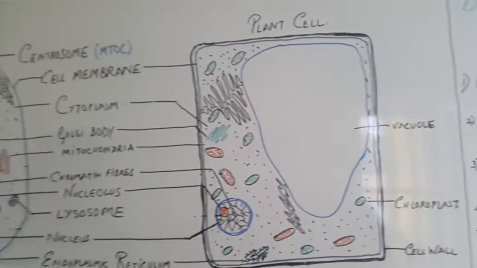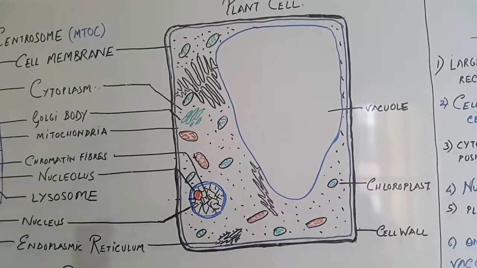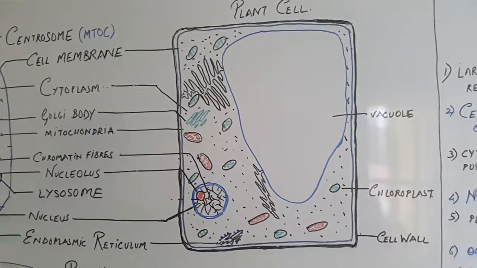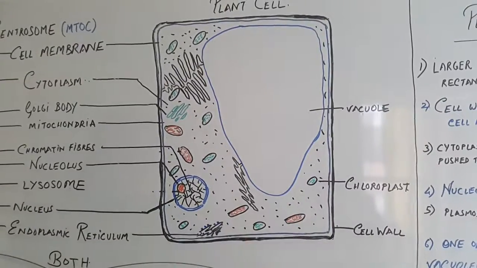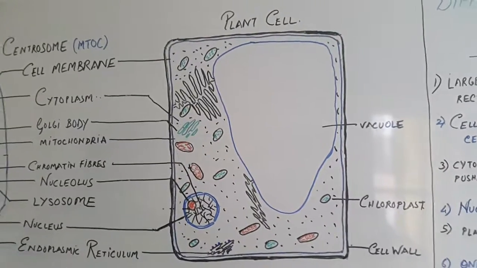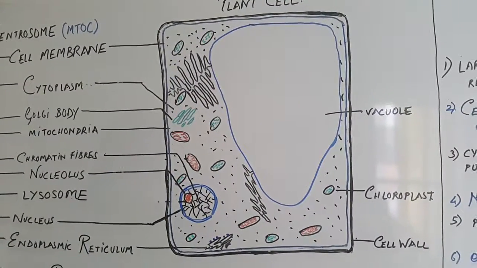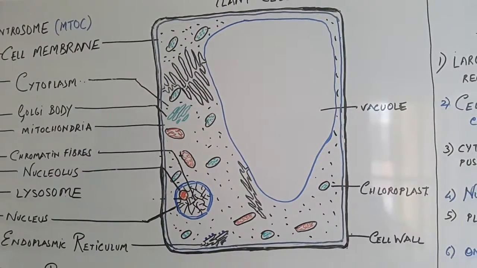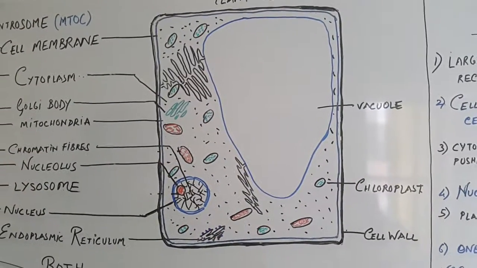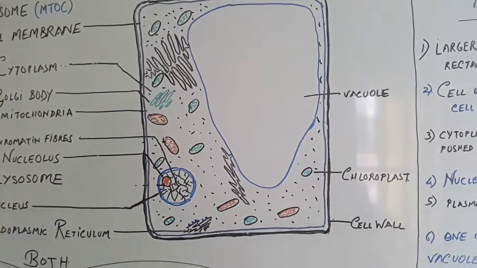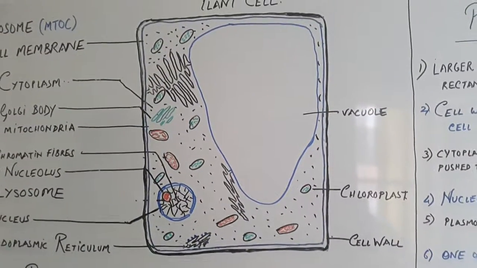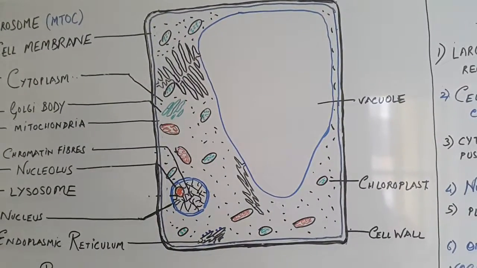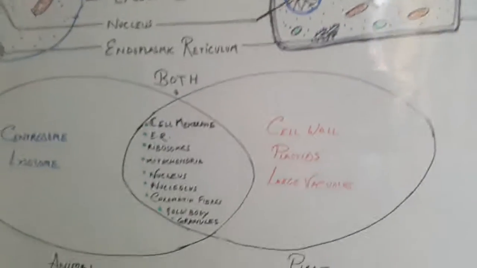The main difference between the animal cell and the plant cell is that it will have a cell wall made up of cellulose, and basically it will give rigidity to the plant cell. Apart from the cell wall, it has a big vacuole which takes up most of the place in the plant. It may have one or more than one vacuole, and because of the big vacuole you can see that the cytoplasm as well as the nucleus, they are all shifted towards the periphery. Then you have the plastids in the plant, the chromoplasts, the chloroplasts and the leucoplasts. The chloroplasts are most common, which have the pigment chlorophyll in them, which will trap the sunlight and help in the process of photosynthesis.